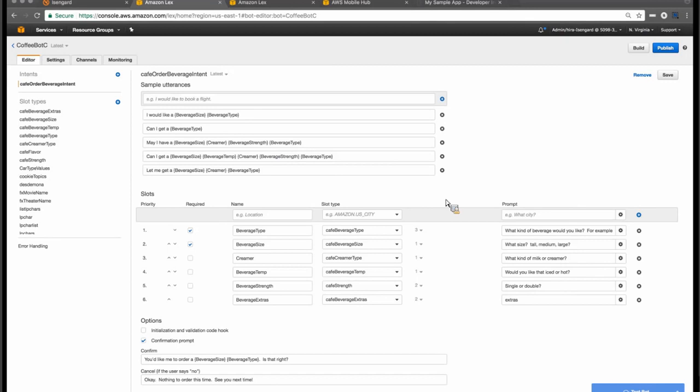So as we start with those sample utterances, as you can see here, this example of can I get a beverage type, and you heard me say this to my Android device a few minutes ago, you can see that slots then have beverage types or beverage sizes. And you can also specify whether these slot values are required. And this is how Lex determines the flow of the conversation. I can also say use this priority. So for example, in this case, we're saying beverage type is more important than beverage size.